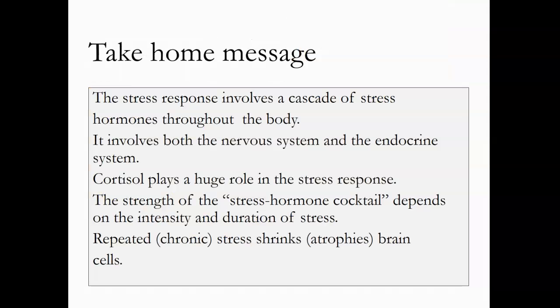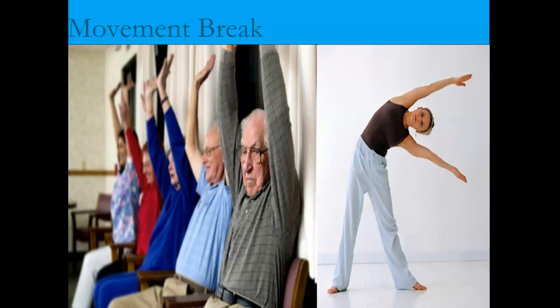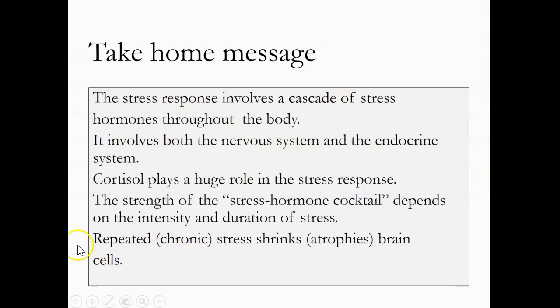Take-home message around stress. The stress response involves a cascade of stress hormones throughout the body. It involves both the nervous system and the endocrine system. Cortisol plays a huge role in the stress response. The strength of the stress hormone cocktail depends on the intensity and duration of stress. Repeated chronic stress shrinks the brain. Very, very toxic to the body. Okay, so that's the end of the